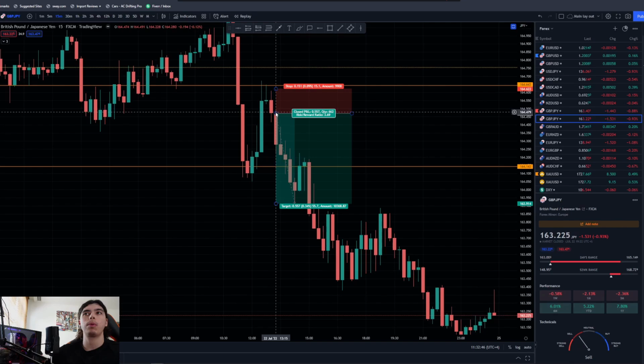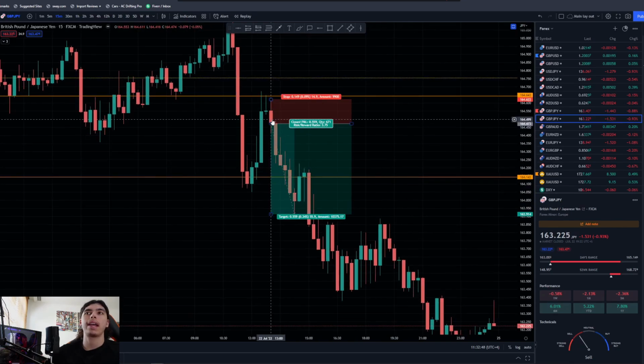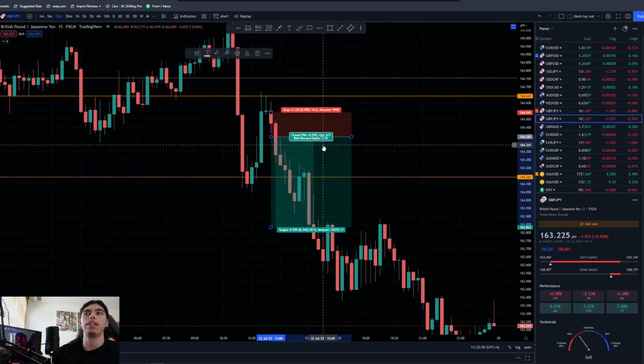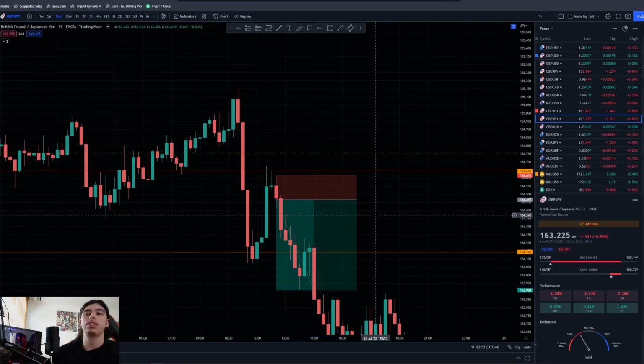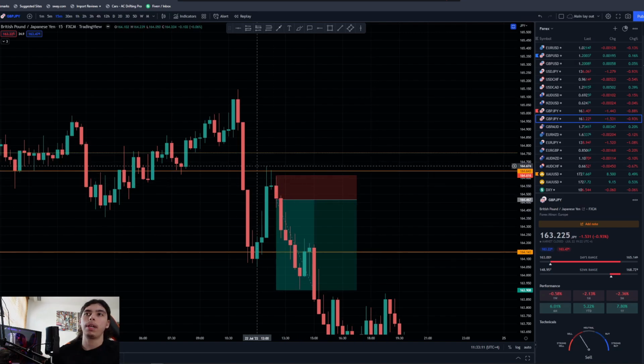But now what people will try to do is get a sniper entry right up in these wicks here, okay? And this is what ends up happening, and this is where people get it wrong. There is no need to be able to enter up here, and I'm going to tell you why. And this is very, very important, guys, because if you trade lower time frames, you end up predicting,